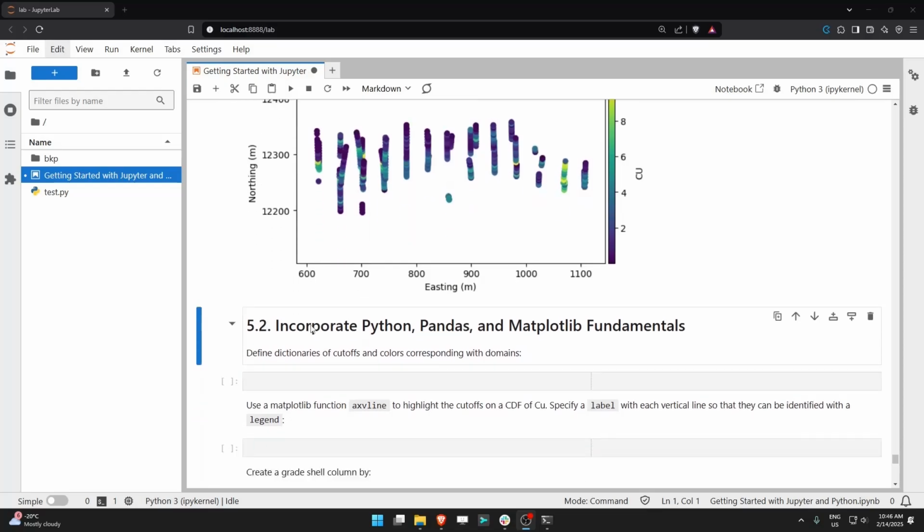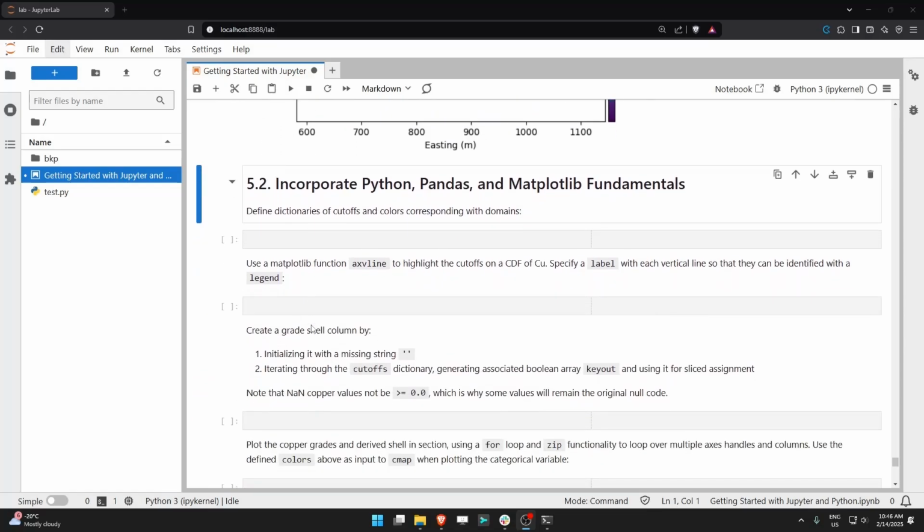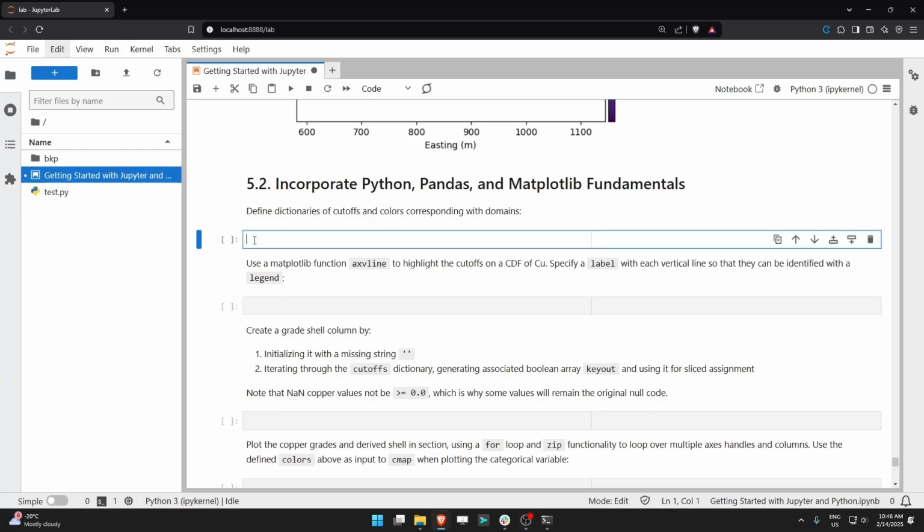So now let's see how we can use some of the things we saw for Pandas and Matplotlib and how that applies with RMSP to get to a desirable output. So let's specify some cutoffs. In this case, I'm going to be specifying cutoffs for background. And this is kind of like domains, if you think. So low grade. Cutoff for low grade, let's use 2. This should be a column. And high grade,